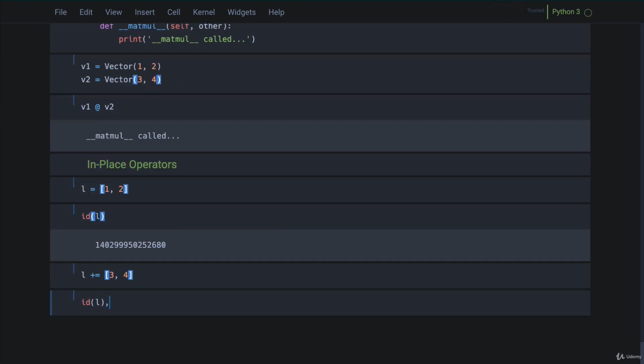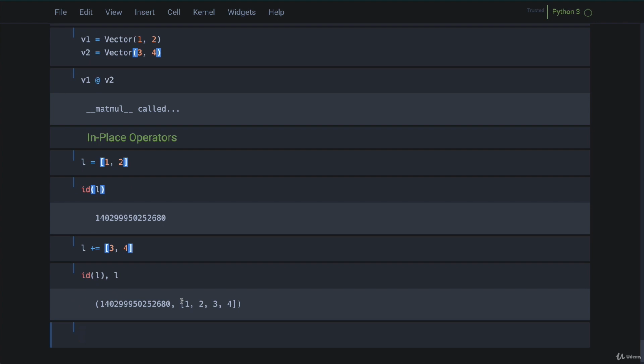If I look at the ID of L and L, well, first of all, you can see that L has been mutated. At least we now have a list that contains 1, 2, 3, and 4. But you'll notice the ID of L has not changed. So in fact, L was mutated. That's not the same thing as saying